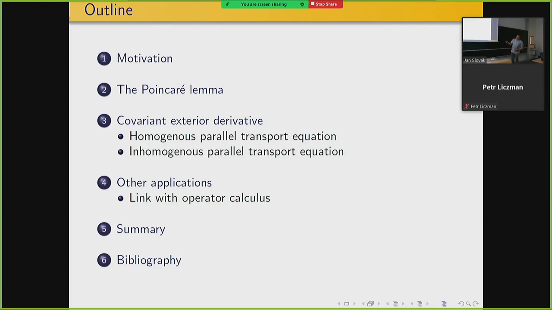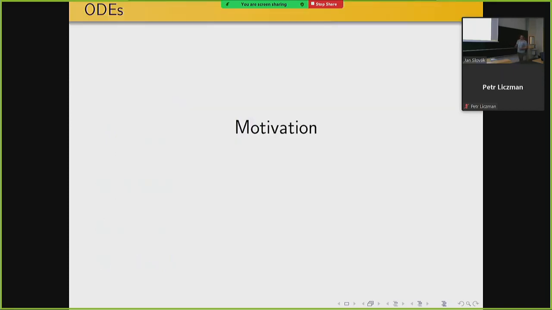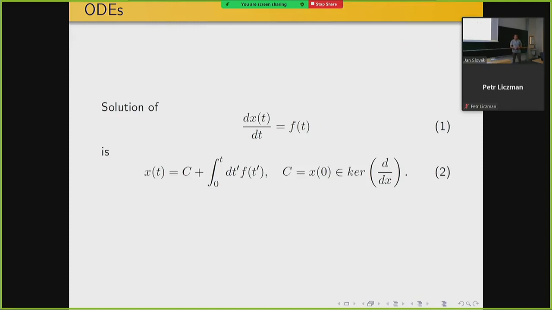Then I will say more about the covariant exterior derivative and the parallel transport equation, which is one of the simplest equations in differential geometry, which can be solved using these methods. And then I will say something about other applications to which these methods can be applied. Okay, so first the motivation, because this is a training school, so let's start from the very basic differential